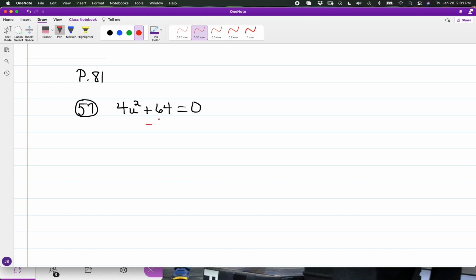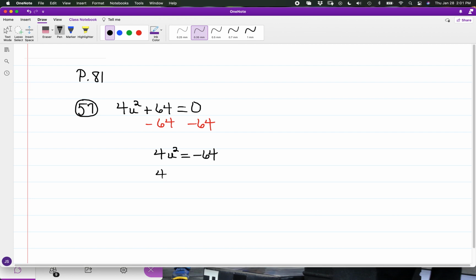In terms of getting this term by itself, I can undo the addition by 64 by taking 64 away from both sides. So in the rewrite, I have 4u squared is equal to negative 64, and then isolating u squared, we have upon division by 4,